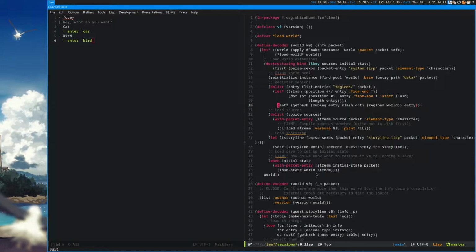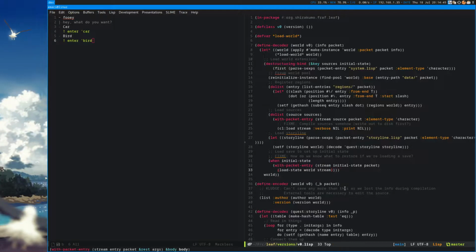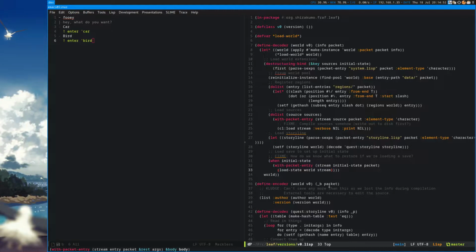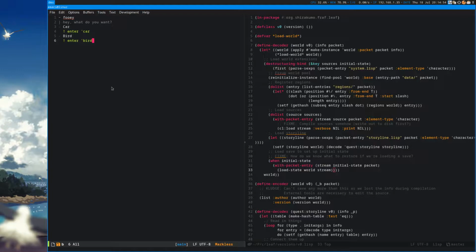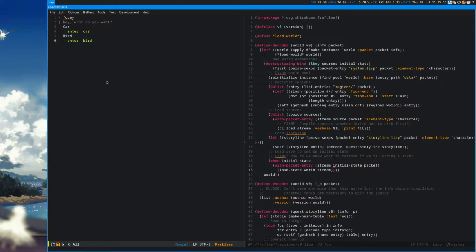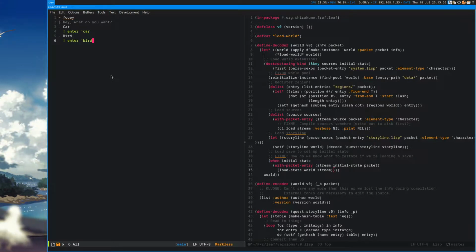So the initial state here would not be a save state at all, it would be something else. Where would it be? Tough. It's also tough because the...